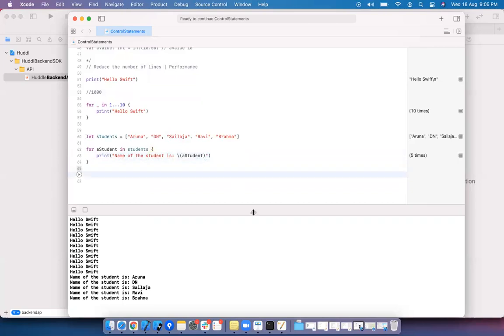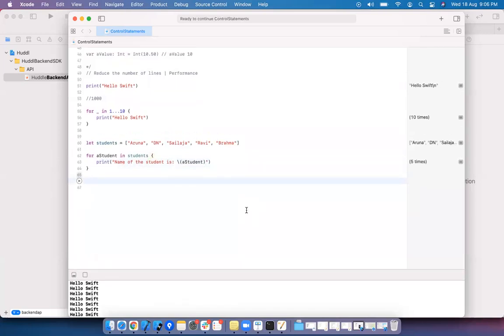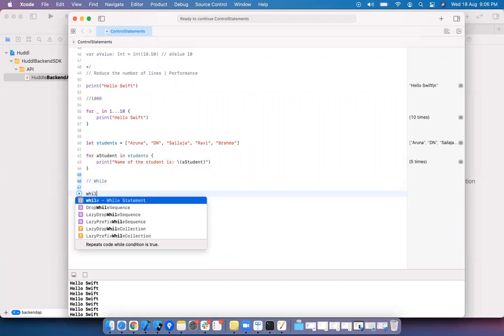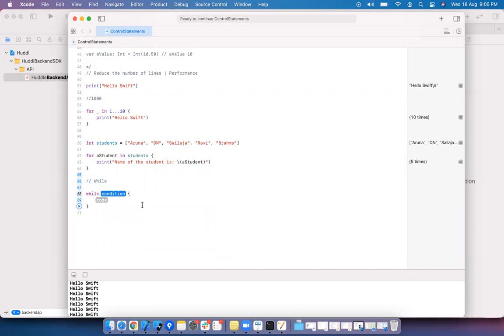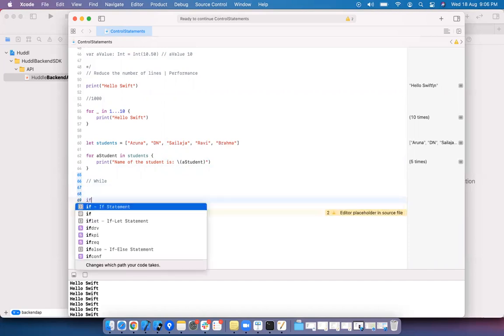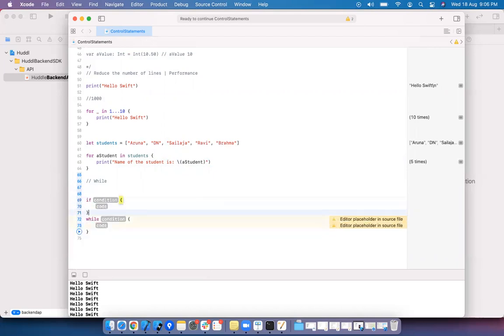The next control statement we have is while. This is the syntax. Check the condition. If it is true, go inside and print. Even if you take if, it is the same thing: check the condition, and if it is true, go inside.